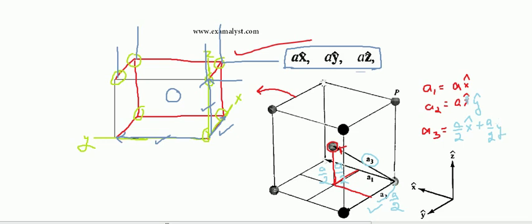And a3 has another component a by 2 in the z direction. That is clear from the diagram. Okay, so this is the component form of the lattice vectors of the body centered cell. So this was the body centered cubic lattice, the BCC. Similarly, we can also discuss the lattice vectors in the case of the face centered cubic lattice, and